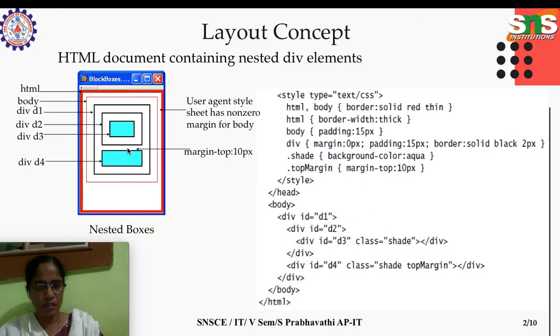So here this is the border, and above the border is the margin, and that too only the top, 10 pixels. And these are all padding, so division padding 15. The remaining are division padding. This is how the HTML element will render the div elements, as rectangular boxes. Since we have nested divs, the things are arranged in this manner.